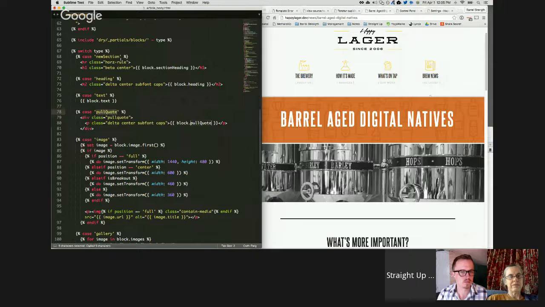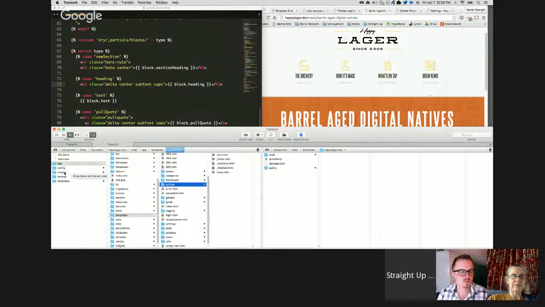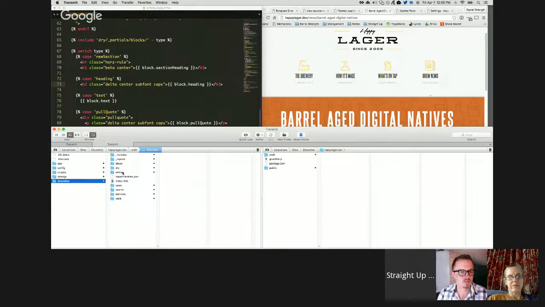And actually, news section, I haven't looked too closely at this code. I'm not sure these are all blocks. This might be some logic that they're dealing with. But let's assume they're all blocks for now. Pull quote block. So we can go to our folder now and look in our templates,